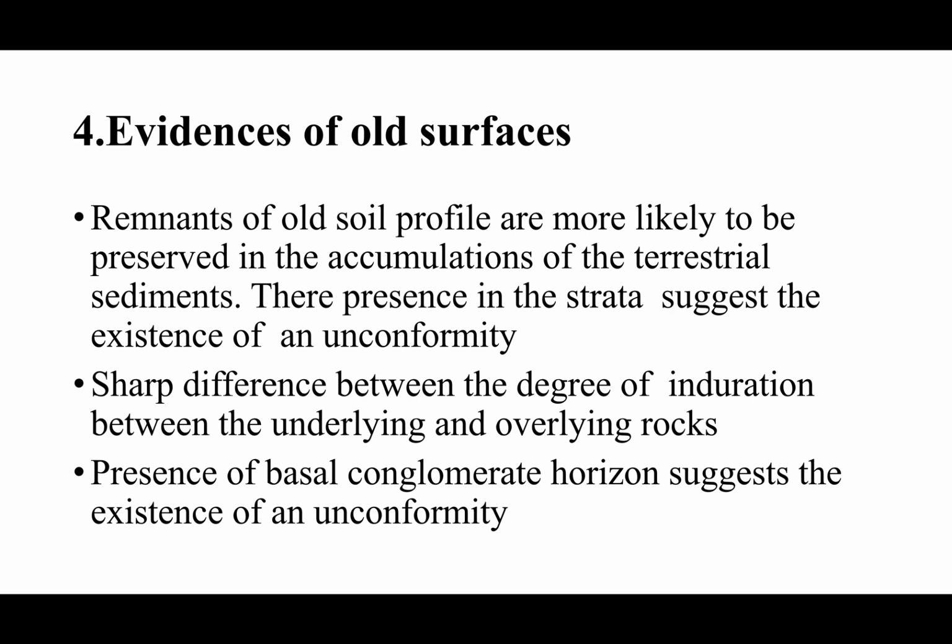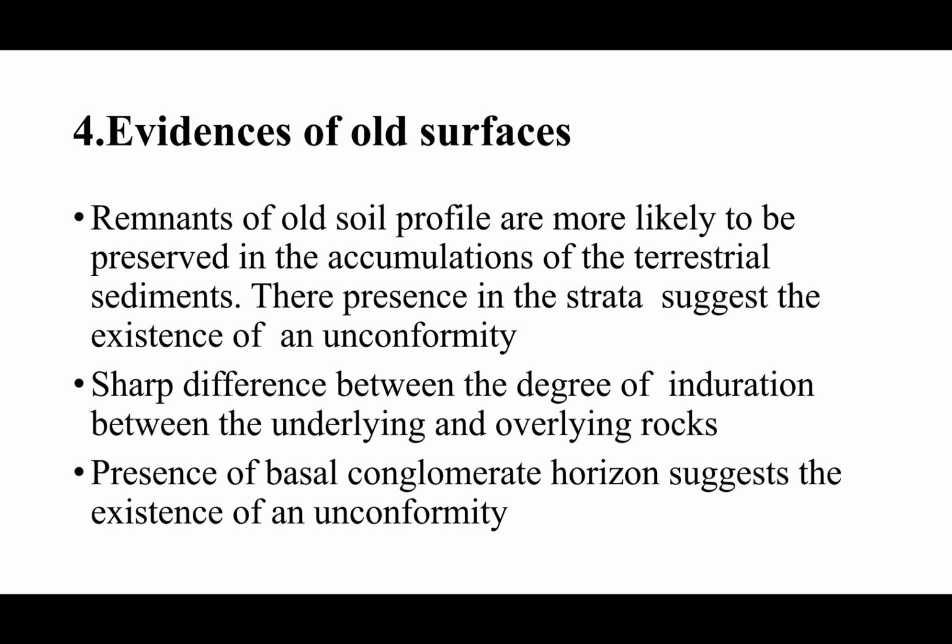Remnants of old soil profiles or paleosols are more likely to be preserved in the accumulation of terrestrial sediments. Their presence in the strata suggests the existence of an unconformity. Simply, if there is paleosoil between the rock strata,